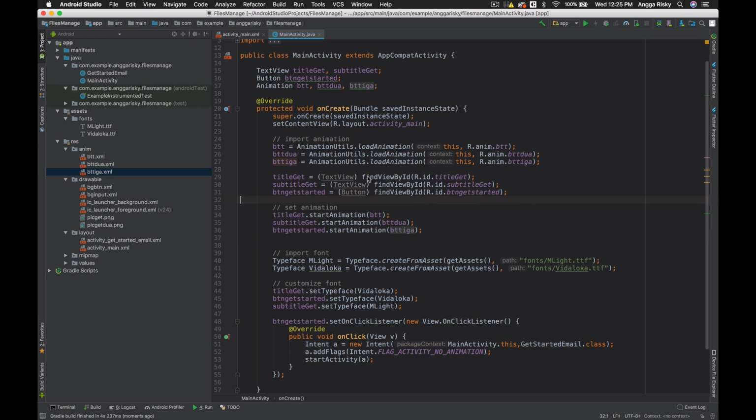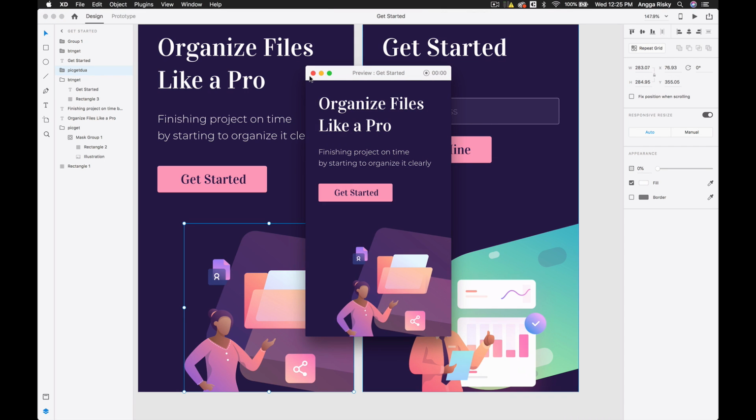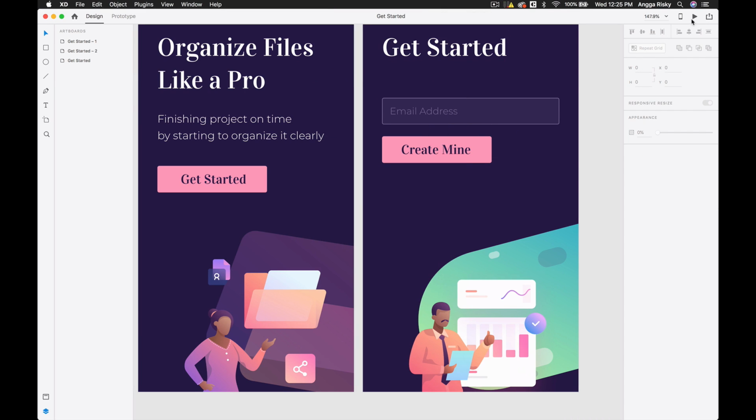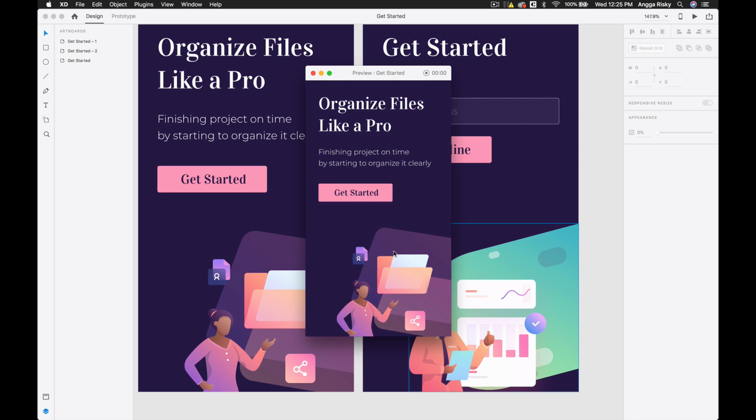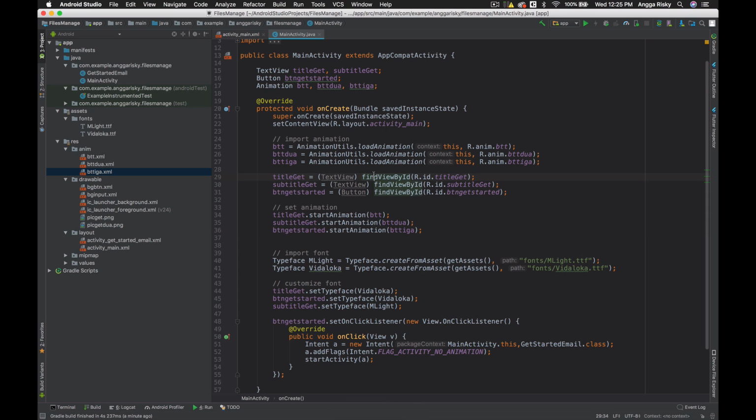Wow. So you have to import the animation, and then you import it, and then after that you set it to the title, subtitle, and then button get started. Okay, and I think another animation is for the image. You know, there's the image. If we click here, okay, there's the opacity of the image. Okay, so I think you just need to repeat the last step that we did into this animation.